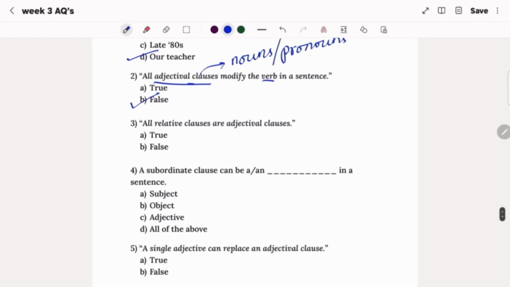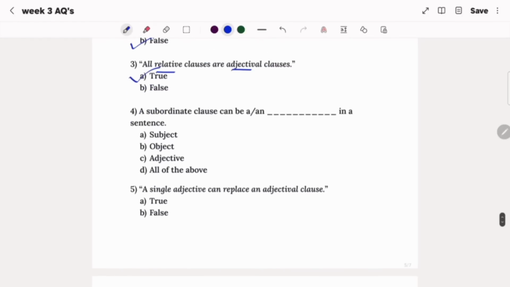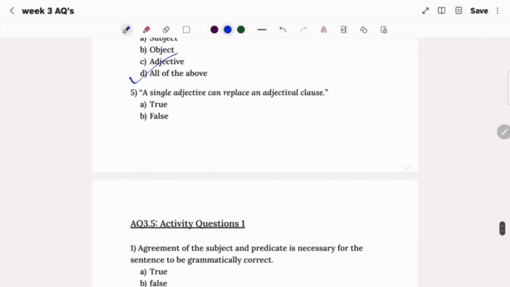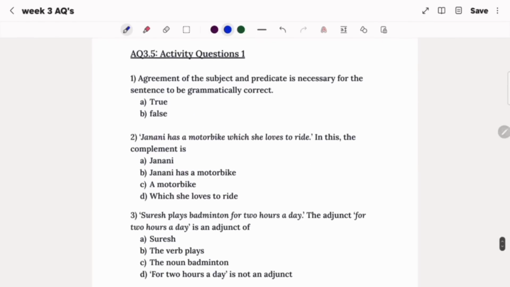All relative clauses are adjectival clauses. Obviously, they are the same. True. A subordinate clause can be in a sentence. It can be anything. It can be subject, object, or adjective. So it's all of the above. A single adjective can replace an adjectival clause. True. They both have the same function, so it can be replaced. Moving forward,